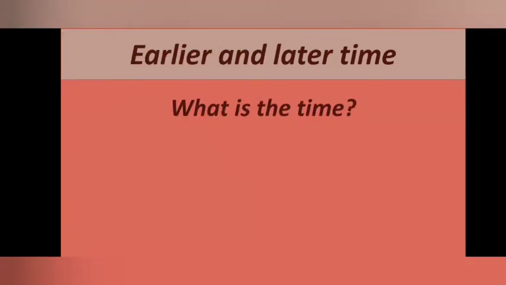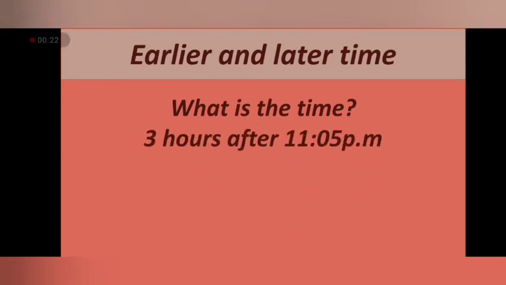Earlier and later time. What does it mean? Earlier means before and later means after. Now we have to find the time earlier or later, or before and after. So what is the time 3 hours after 11:05 p.m.? How can we find it? We have to move 3 hours more. So when we add 3 hours to 11, we will get